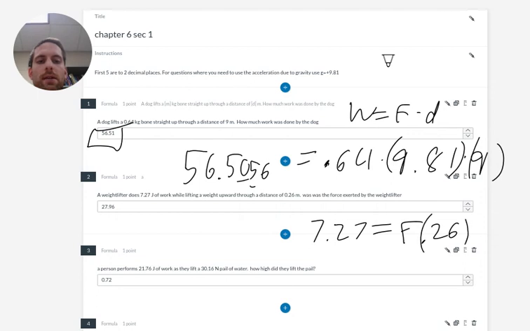We know that. And then we can solve this by dividing 7.27 by 0.26 on both sides like so, and we're going to get